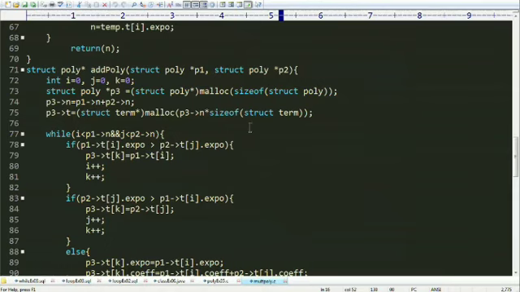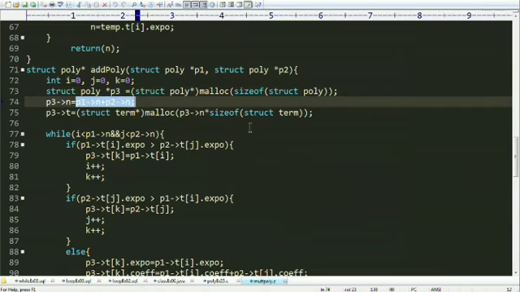Here I am doing addition. I am taking three variables i, j and k, which respectively represent polynomial first, polynomial second and resultant polynomial. I'm creating a pointer p3 which represents the third polynomial, the addition, which is nothing but the addition of both polynomials.